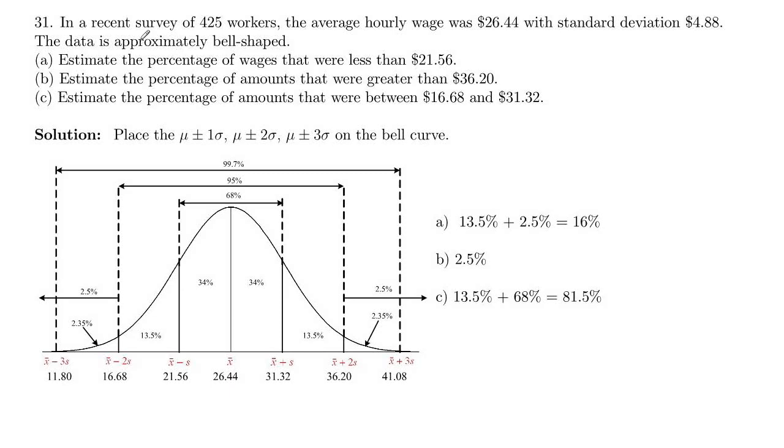In problem 31 here, we did a survey of 425 workers. The average hourly wage was $26.44, with a standard deviation of 4.88. They tell us the data is approximately bell-shaped, which tells us we want to use the empirical rule, looking at how data is distributed in a bell-shaped distribution. First, they ask us to estimate the percentage of wages less than 21.56, greater than 36.20, and then between 16.68 and